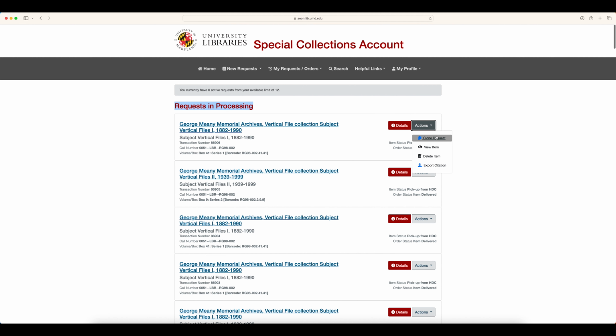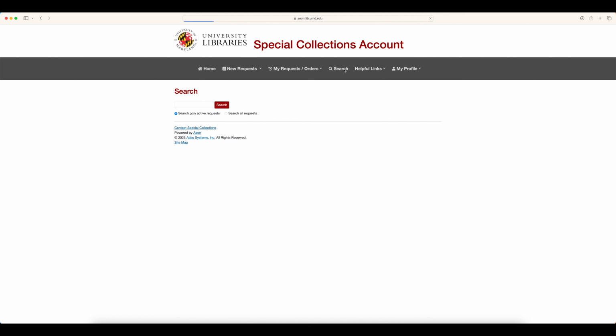From the menu at the top of the screen, you can navigate to our various catalogs to make new requests, view your requests and orders for duplication as well as billing, search your requests for keywords, and view your profile. From this option, you'll be able to change information, view notifications and activities, or log off. You can also view links and frequently asked questions that may be helpful for you.